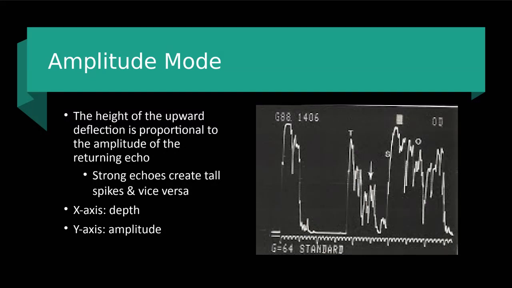So as our waveform is coming across our spectral analysis window, it's showing us that on our x-axis, that's time, right? And then the bigness of our waveform would be our amplitude, the y-axis. But that is not what amplitude mode is. Amplitude mode is, on a very basic level,